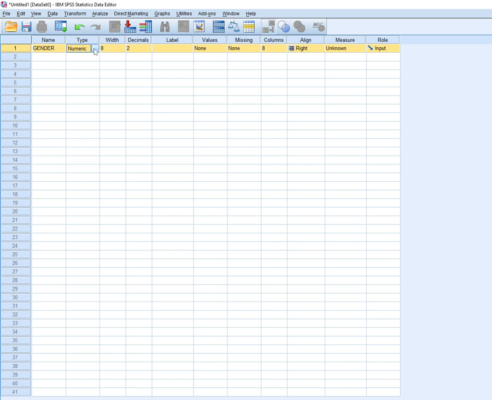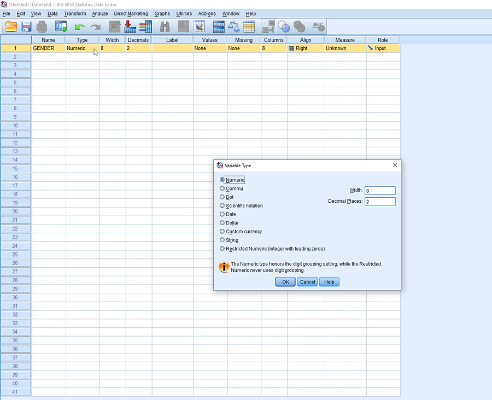Base, so numeric, comma, dot. Yeah, I get that. Perfect. So what are we doing at the moment? When we want to tell the software what type of variable gender is, because we have just said gender is